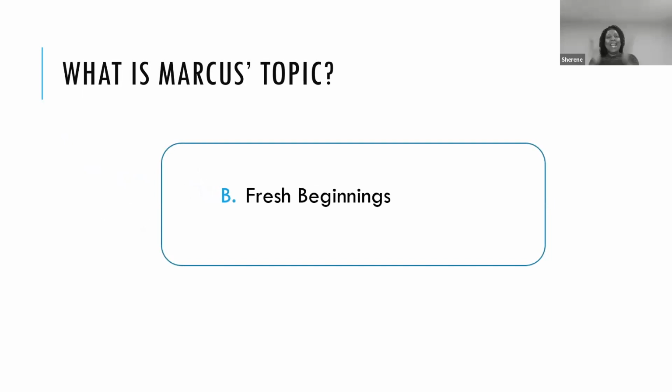Oh, didn't see that coming, did you? Wow. You want to talk about it, Robert? Well, who said B? Brother Joseph, want to unmute and tell me why you were hedging between B and C? Well, he's introducing himself as moving from one location, so it must be a new beginning. Yes, yes. So that's a good topic.